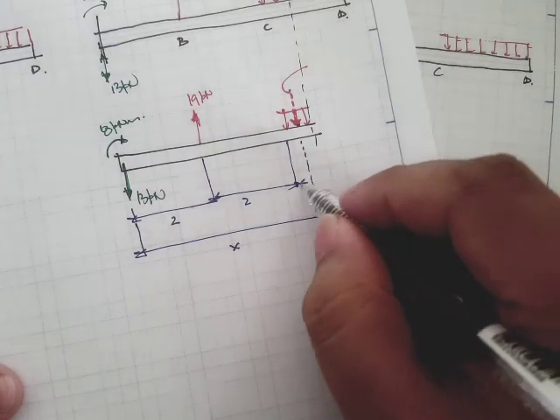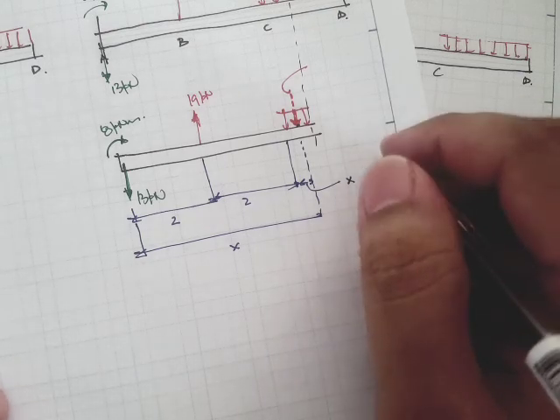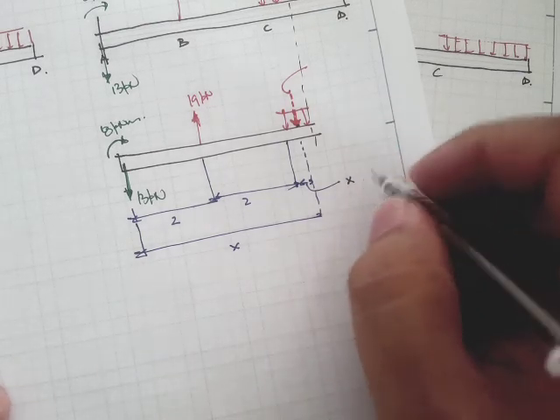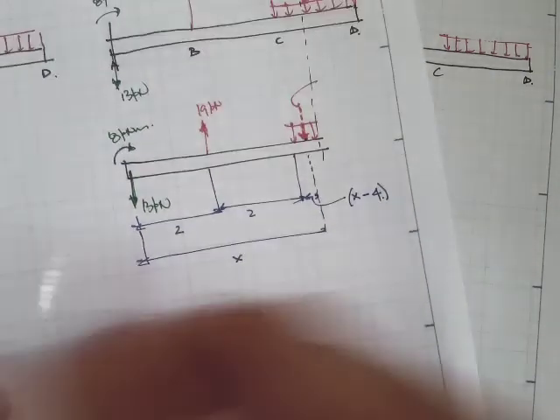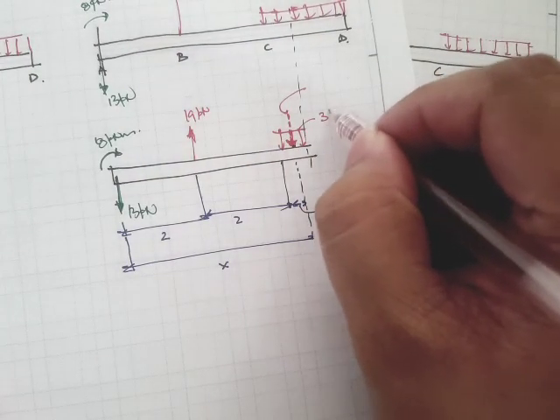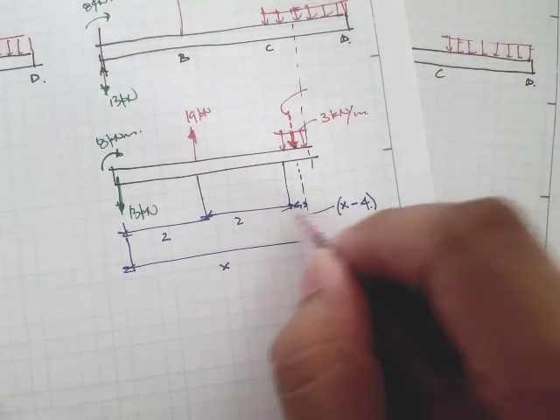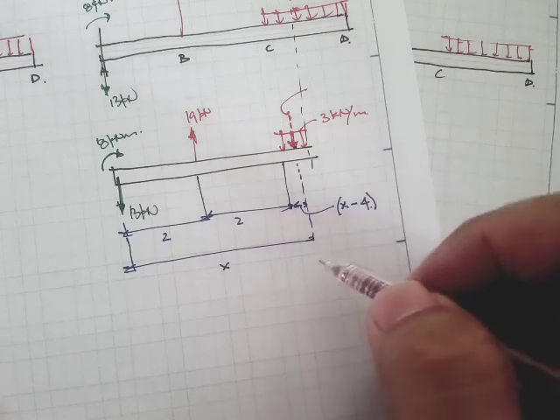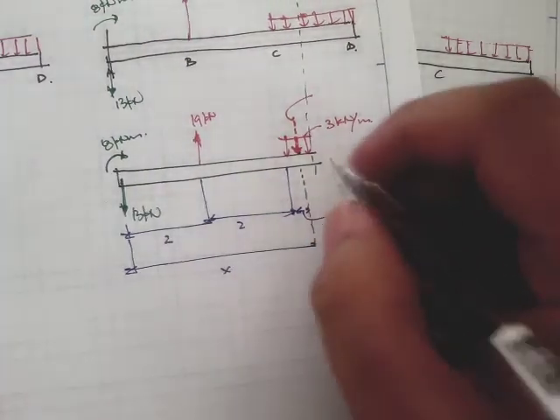So therefore, the distance right here is simply x minus 4, right? And the value, if this is 3 kilonewtons per meter, this is 3 times the